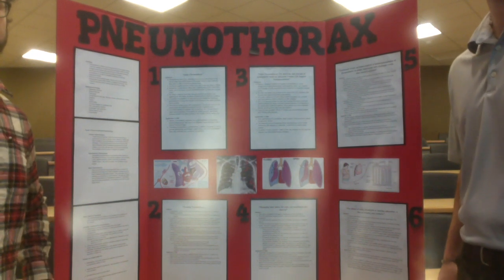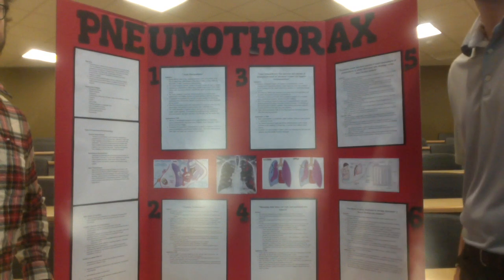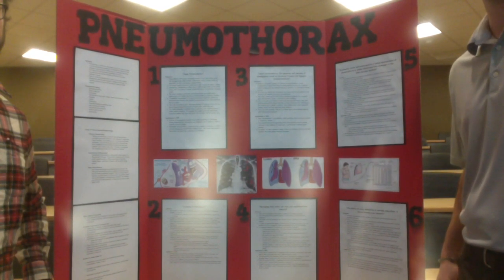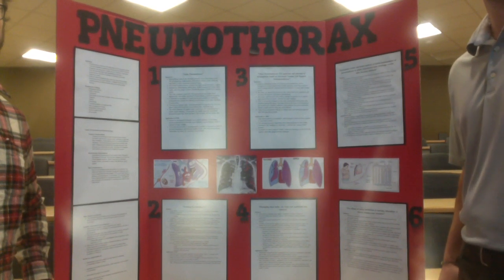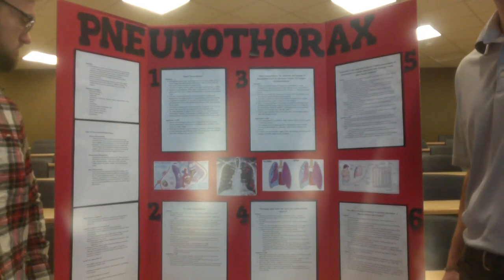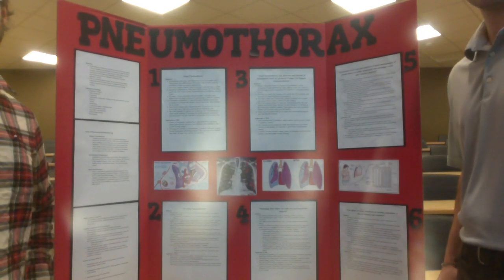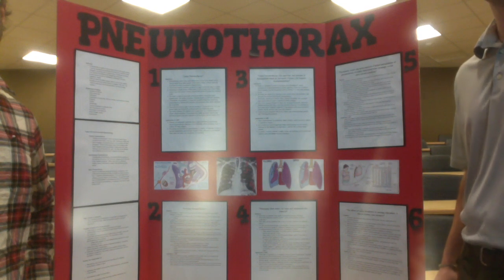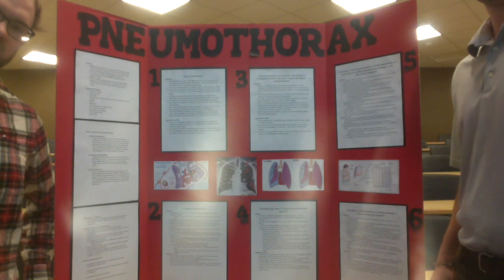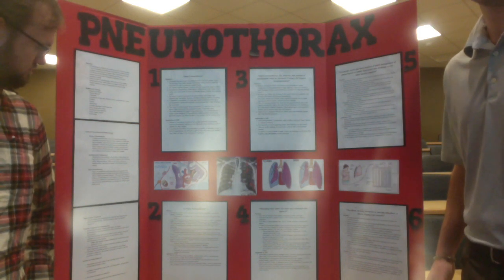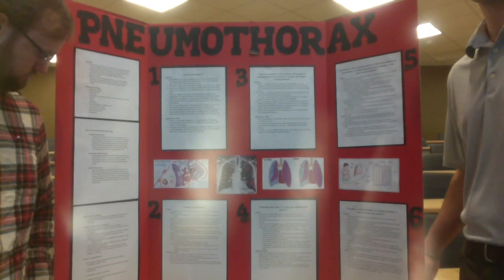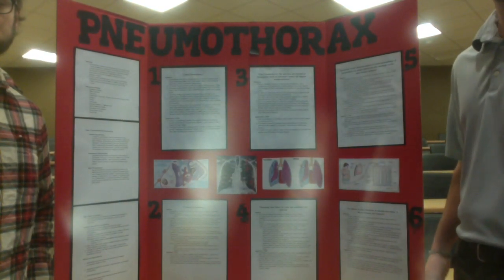Once air enters the pleural space, there's a loss in the negative intrapleural pressure, which results in a collapse of the lung. The negative pressure is what normally allows the lungs to inflate properly. On our assessment, we would find respiratory distress, sharp chest pain, tachypnea, tachycardia. If it's more than 135 beats per minute, tension pneumothorax is likely. Dyspnea, anxiety, diaphoresis, tracheal deviation to the unaffected side, use of accessory muscles, asymmetric lung expansion, absent breath sounds, and